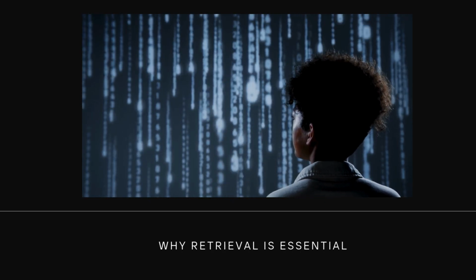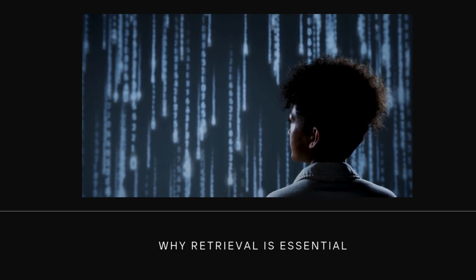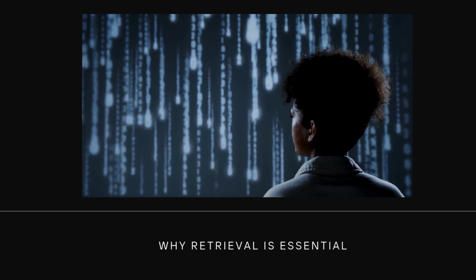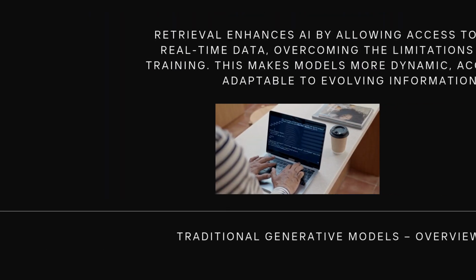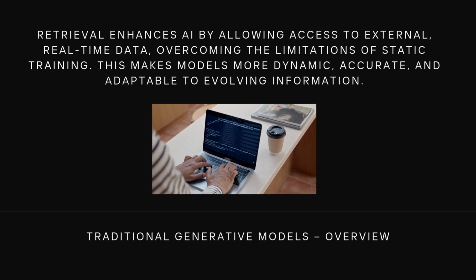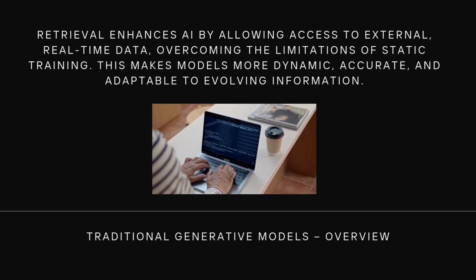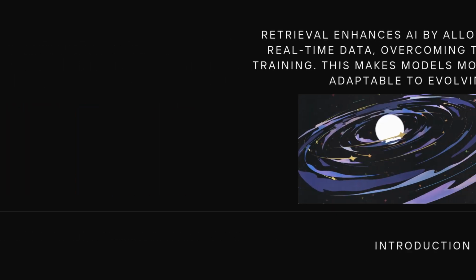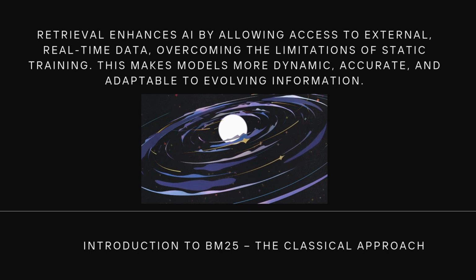Let's dive in. Why retrieval is essential. Before we explore specific mechanisms, let's discuss why retrieval is critical. Traditional generative models generate text purely based on patterns in their training data. While effective, this limits their ability to access new or external information post-training. Retrieval mechanisms solve this by enabling models to dynamically pull relevant documents or data from external sources during text generation. This integration of retrieval bridges the gap between static knowledge and real-time, evolving information, making AI models far more powerful